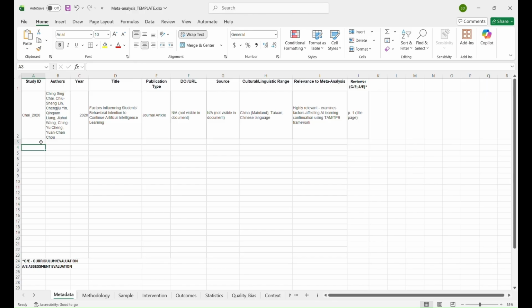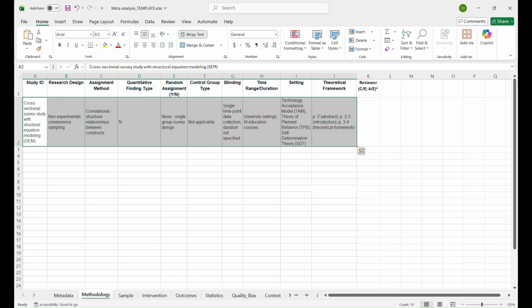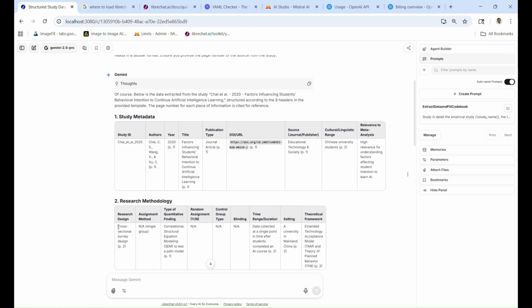So what I'll do is I'll just cut and paste here and see, this is one found. So you see the difference, one found the DOI, the other couldn't find the DOI. The source not visible in the document, it says, but it is there. Then Chinese university and highly relevance is the, so now let's look at the meta-analysis research methodology, and here